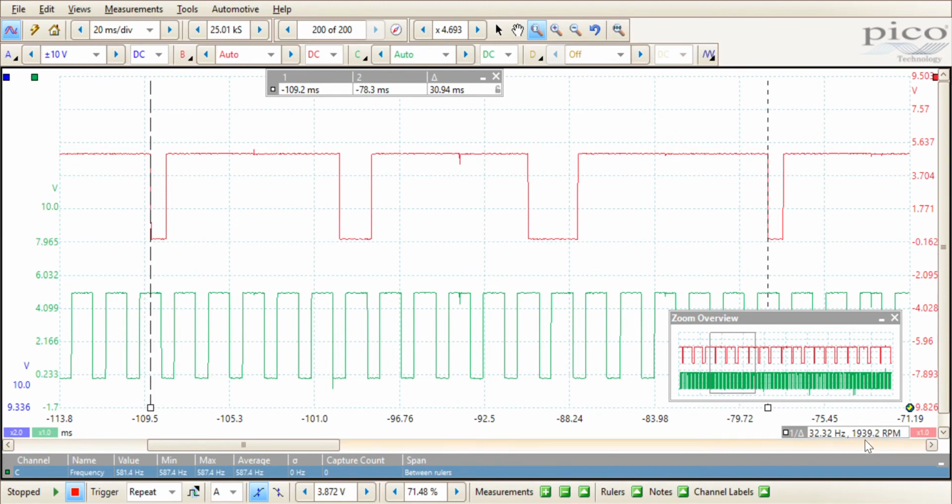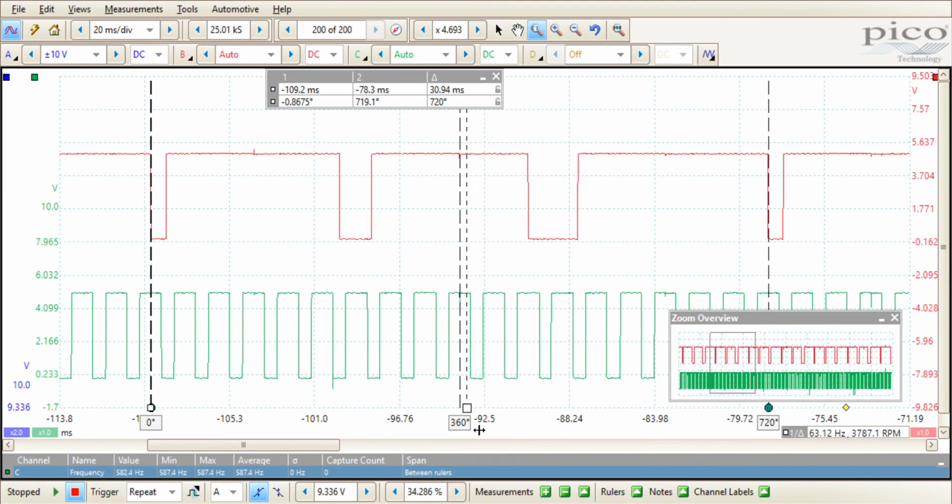So right here, we automatically get our frequency and our RPM, but this is not the engine RPM, this is camshaft RPM. So now to figure out what crankshaft RPM is, we would just either divide this in half, or you could pull over these blue rulers over here, line them up with your white cursors, add in a ruler partition so we get our halfway point, and then drag your white cursor back to this midpoint. Now that will give us engine RPM